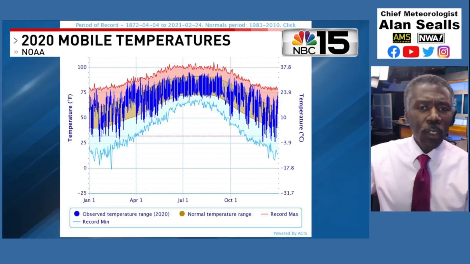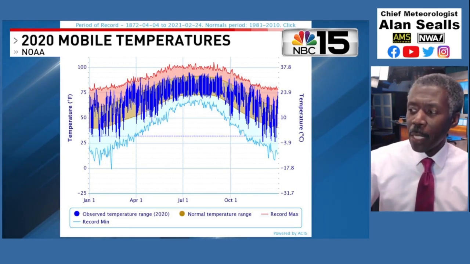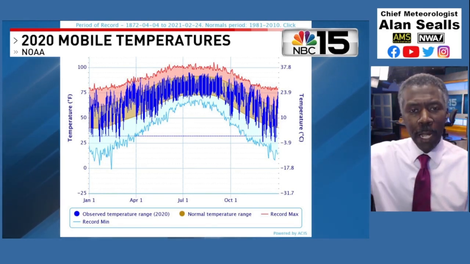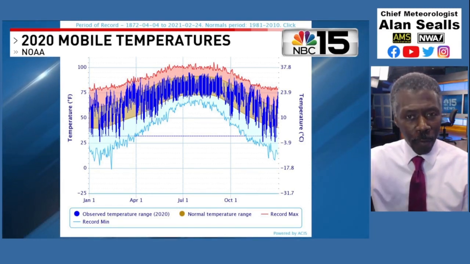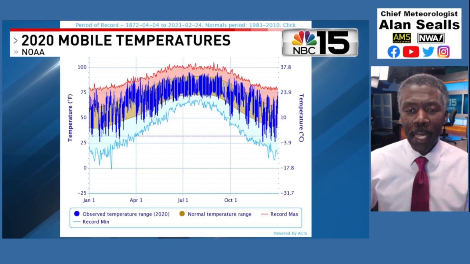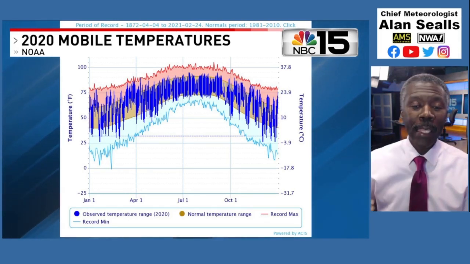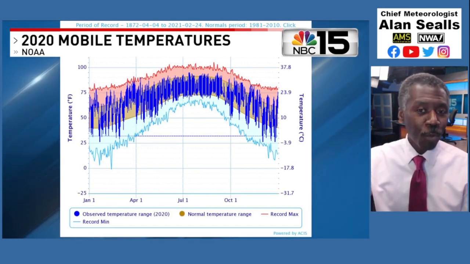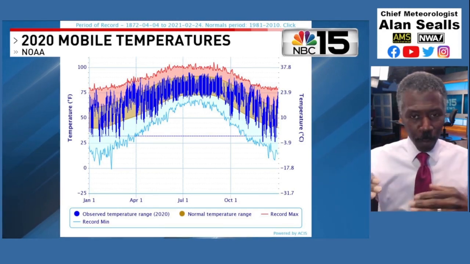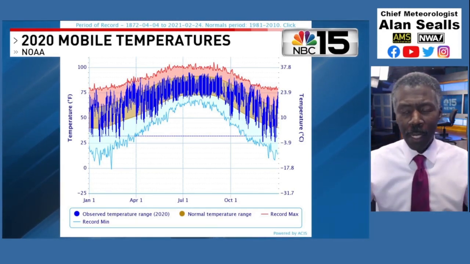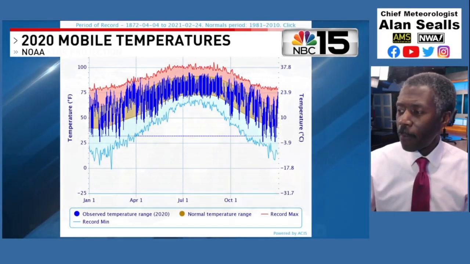All right, so this is Mobile's temperature from last year, and a bunch of things are happening here. In the middle of that graph, there's a brown shaded area, and the brown shaded area is climate. It's the average low and the average high each day. And over that brown, you see that blue line jumping up and down. That's the actual high and the actual low. So remember I said climate is what you expect, but weather is what you get. And you'll notice most days the temperature is kind of within that climate area. And this is important because if you go back farther in time,